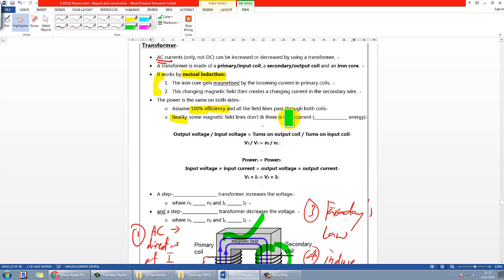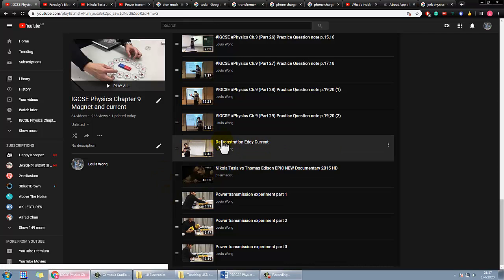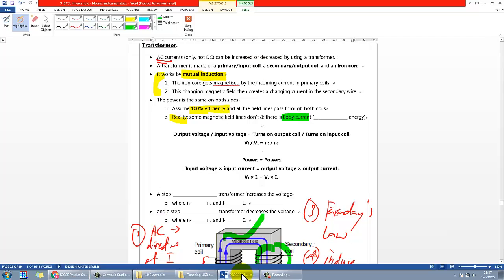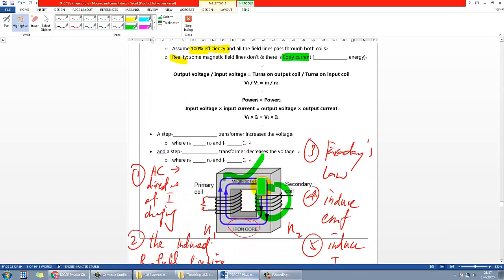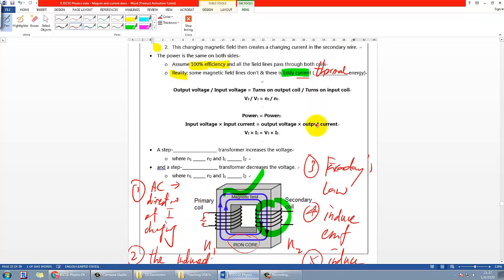And also there is something called eddy currents, which we also covered in the video earlier. It has to do with the fact that whenever there's a movement, you could generate some eddy current within the core itself, and that would take away energy from you in the form of thermal energy. Of course, at first it is electrical energy, as it is a current, but later on it will simply dissipate as heat, so thermal energy at the end.